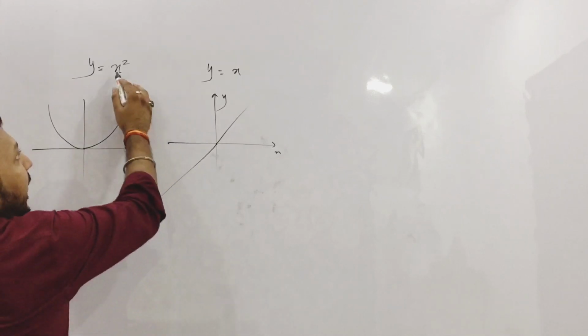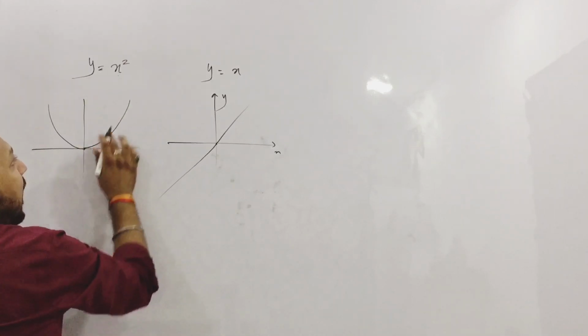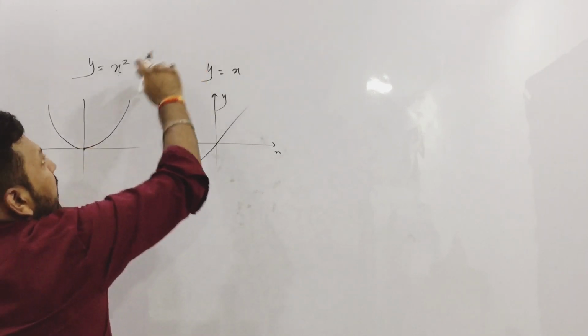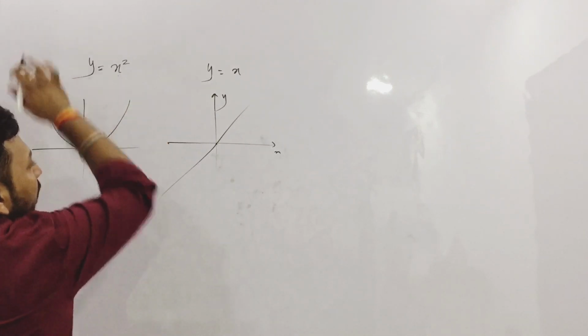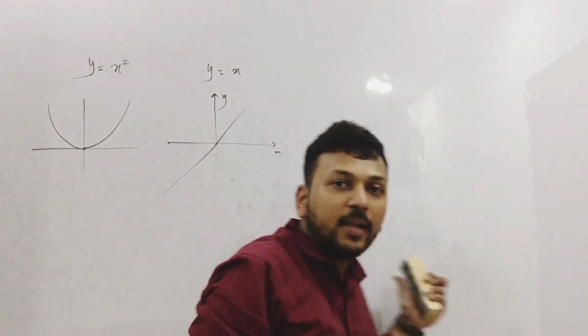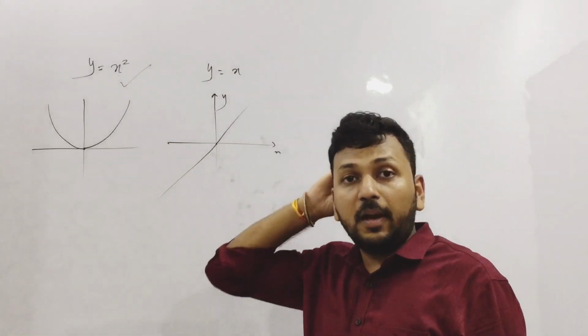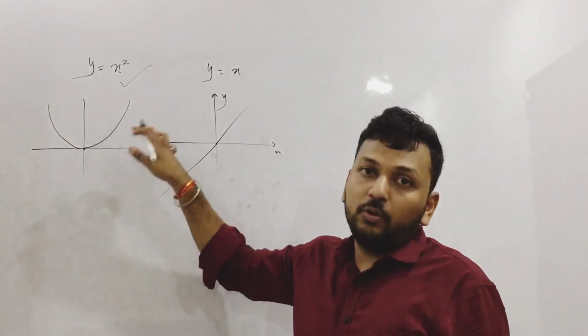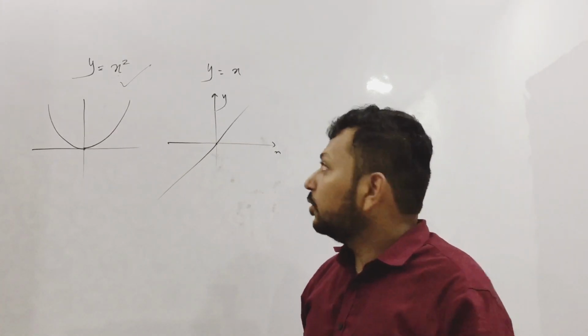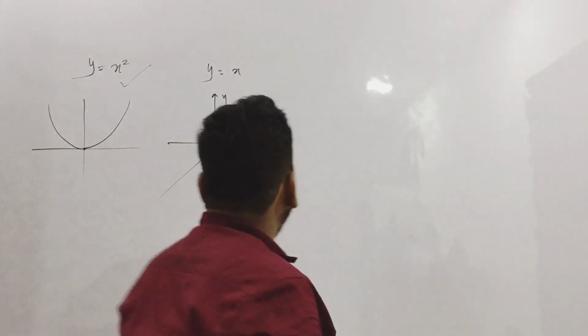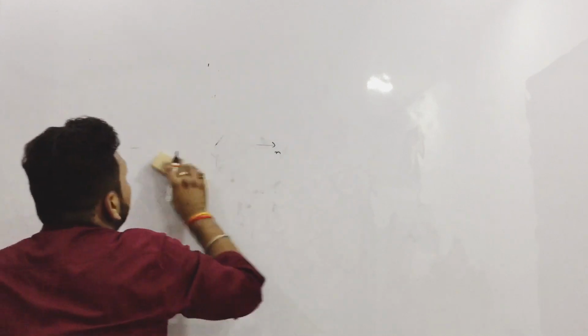It is like this. At x equal to 0, y is equal to 0. And if you put x equal to infinity, it will go to infinity. X equal to minus infinity, it will still go to infinity. So it is like this, and this is a form of quadratic equation. Let me take a very general form of this. I am erasing it. So we'll start from the very basics, and some important things we'll discuss.